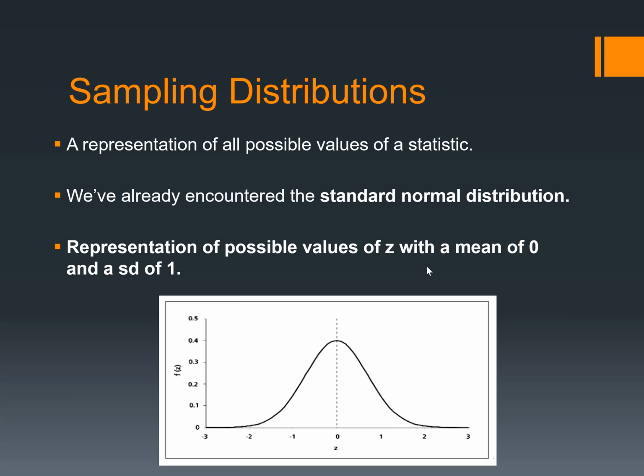the standard normal distribution, which, as you recall, is symbolized by z and has a mean of 0 and a standard deviation of 1. So you can think of this as being like all possible values of z, where the most common, the mean, median, mode value is 0, and as we move farther out to the right or farther out to the left, the probability of, let's say, selecting one of those values by chance or encountering one of those values by chance becomes much lower, whereas when we're near the center of the distribution, it's much higher. So there's different sorts of sampling distributions,